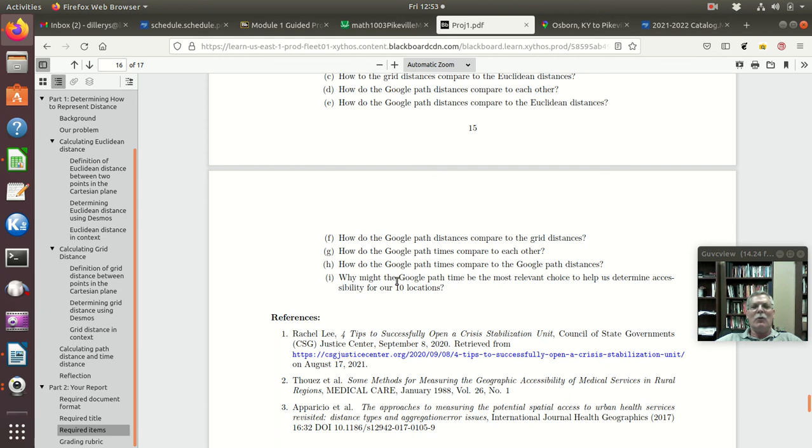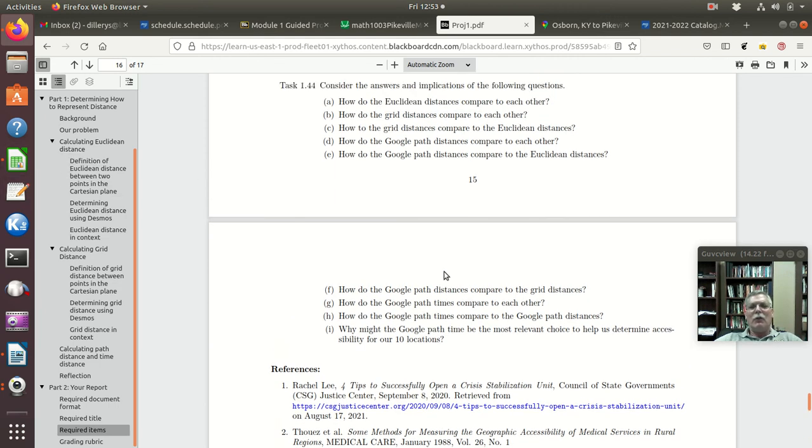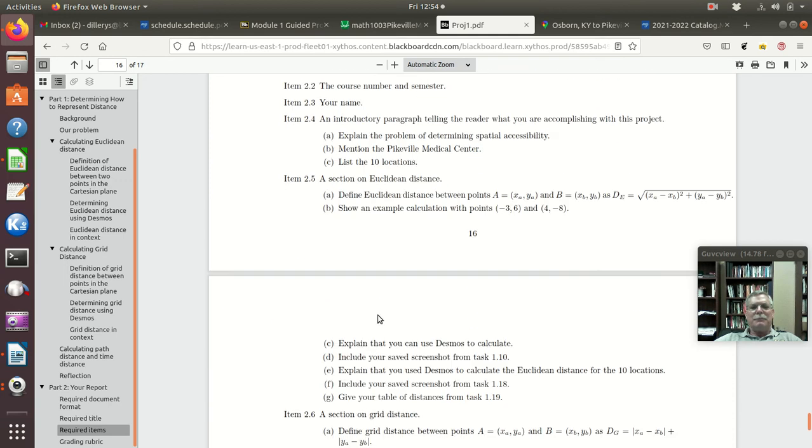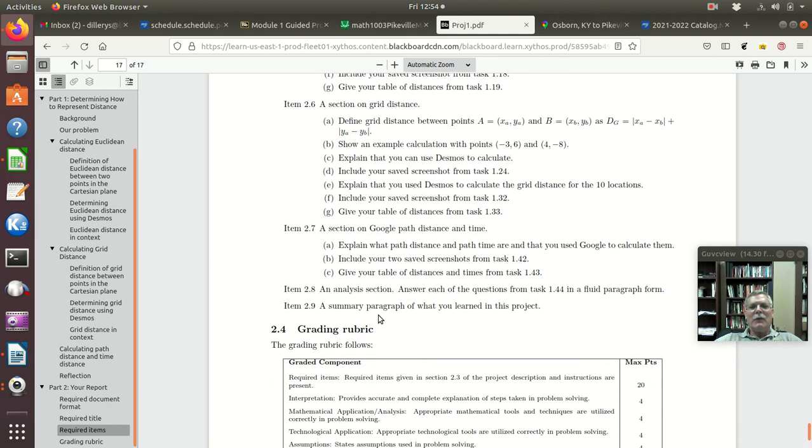So I'm asking you, when you look at this completed chart and you think about these questions, why might we want to think of time as our actual distance when we're talking about accessibility? Okay, and so that is item 2.8, and we get through all that analysis.